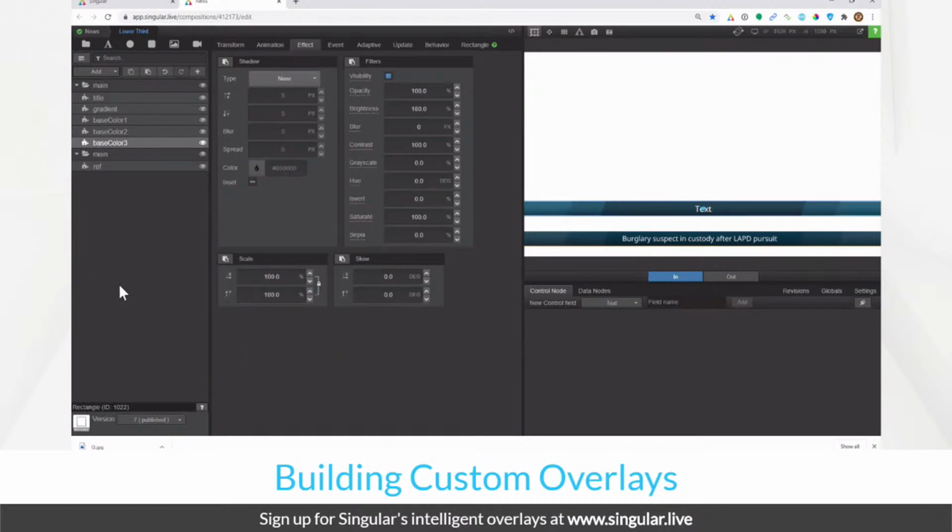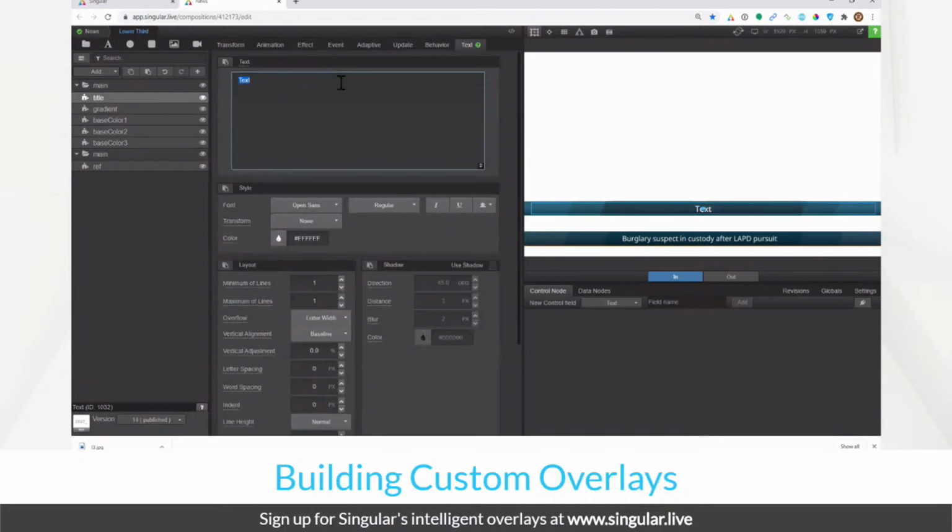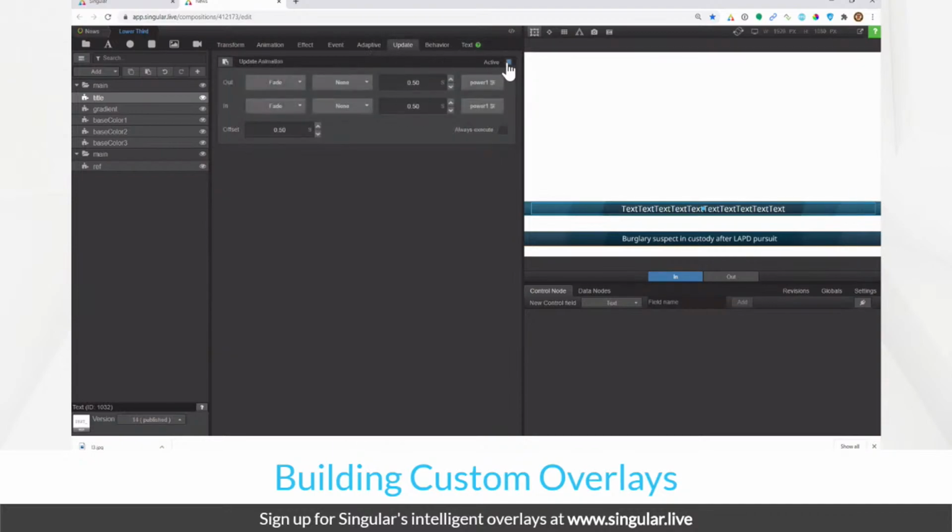Okay, so the last thing, well, not the last thing, but one more thing I need to do is worry about the title, the text. It's update animation style. So if I go to text and I start typing, I'm just going to copy and paste text. When I paste the word text over and over, the update style is just like a typewriter, right? It's just bang, bang, bang, one after the other. So if I want to change the update style of the animation, I can go to the update tab and activate it. And I'm going to set that to translate on the out. When a new piece of text comes in, it's going to animate up,